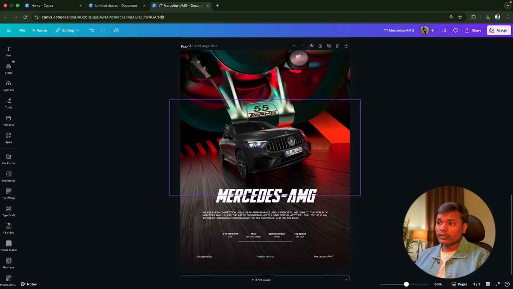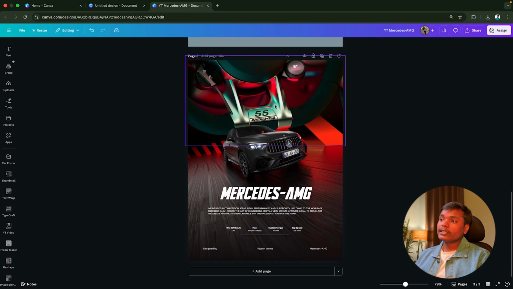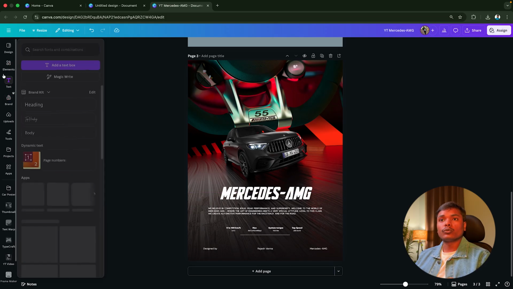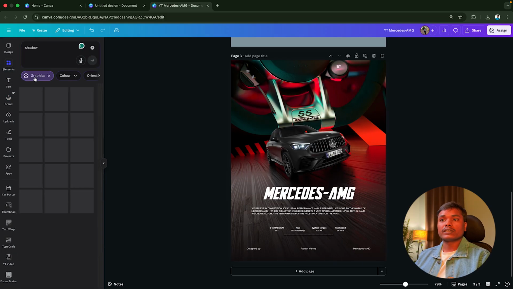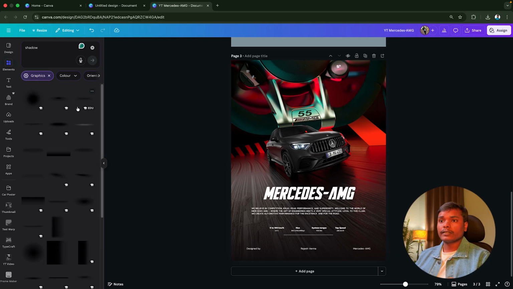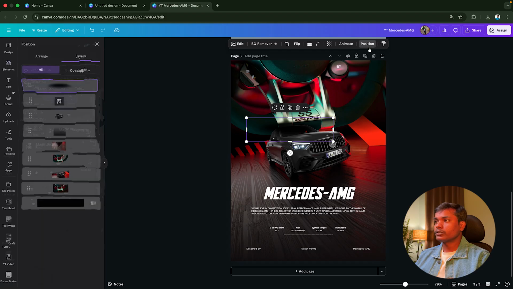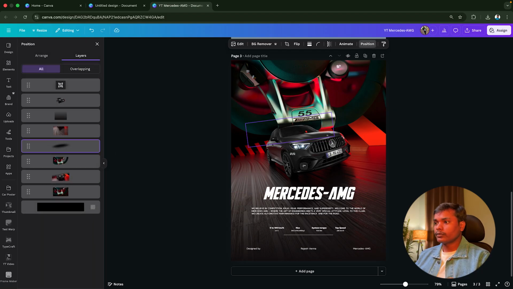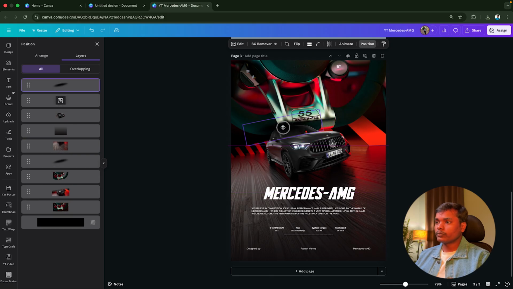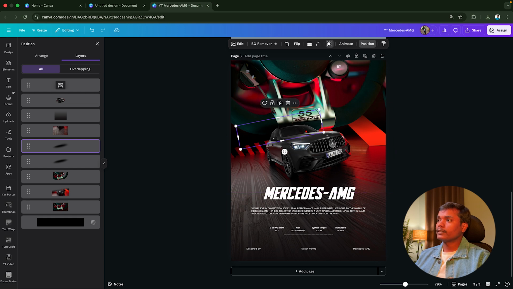But if you look at this option here, we can apply a shadow so that it looks realistic. So I will just go to this element option and search for shadow and enter, just go to this graphics option, and let's take this shadow and make it a little bit like this position, and send it to the back like this and put it like this. Just duplicate it once more, make the size a little bit bigger like this, and then just send it to this position, decrease its transparency a little bit.